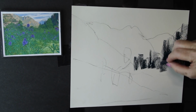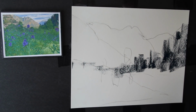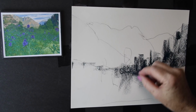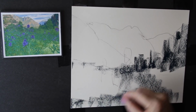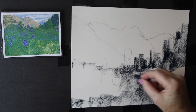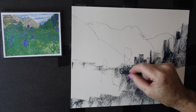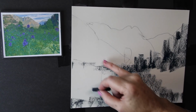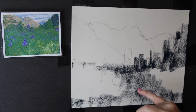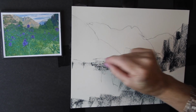And I'm going to just apply the pastel in a very, very light, thin layer. And I'm going to do something that is not really visible in my reference photo, but I'm going to create a very dark kind of zigzag shape through this meadow. So I have a meadow of wild lupine or lupin flowers. So I want to draw the eye through that area, and I'm going to establish a dark pathway underneath every,